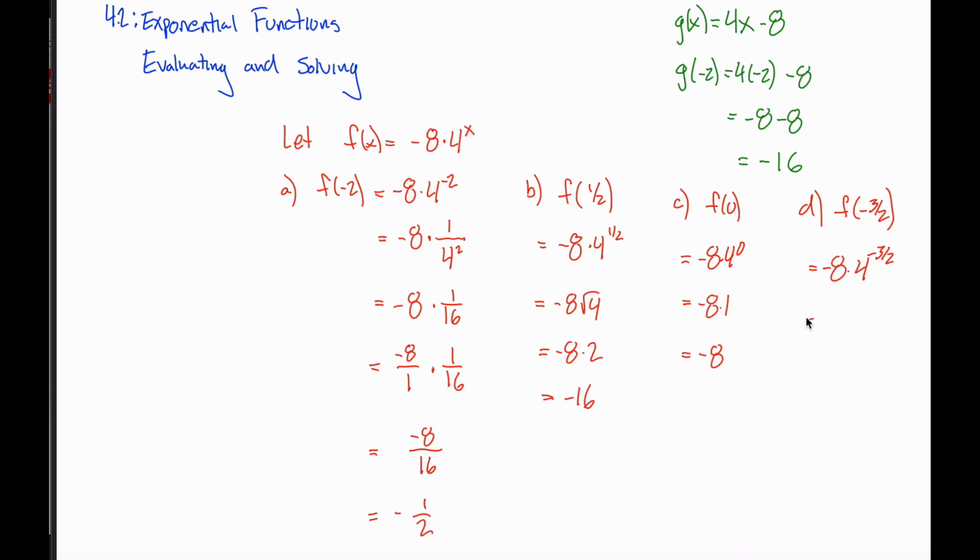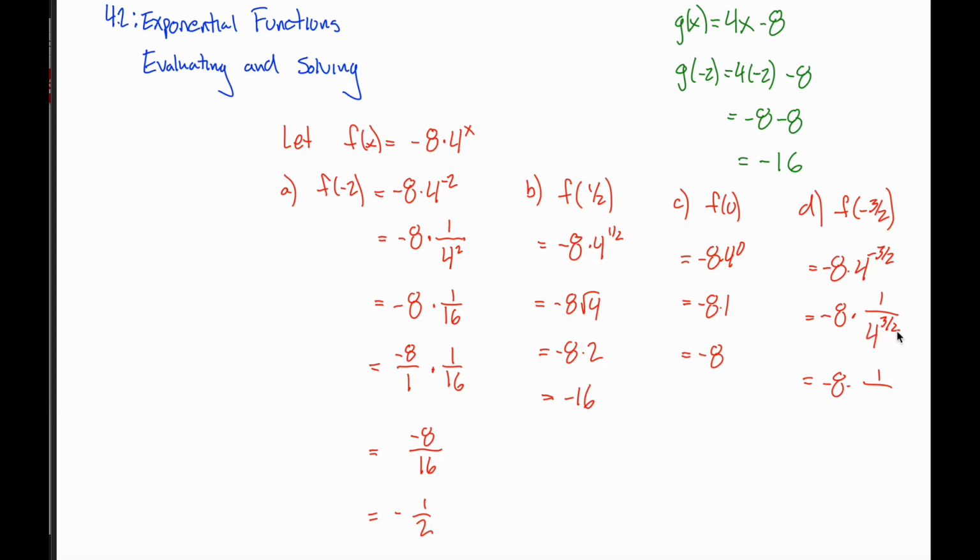Then over here, probably the hardest one, 4 to the negative 3/2 power. Well, first of all, that negative tells you reciprocal. So we can think about that as 1 over 4 to the 3/2 power. And now maybe I can take care of that fractional exponent. Let's see, 4 to the 3/2 power. The 3 up in the numerator is the power that stays on the 4. And the 2 down in the denominator is telling me to take the square root of that 4. And so I can either write it as 4 to the 3rd power and then take the square root of that,